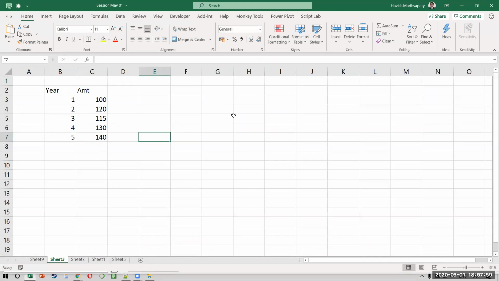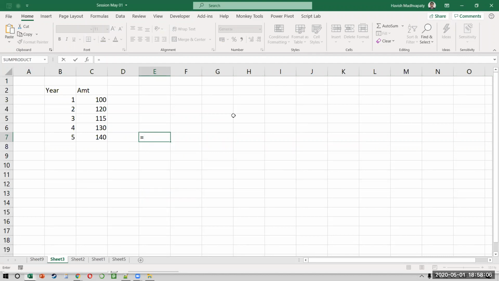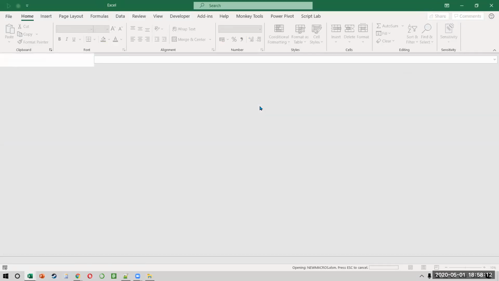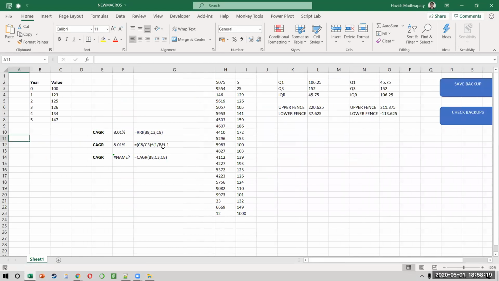Now, a lot of people don't know this, but there is a function called RRI, okay?